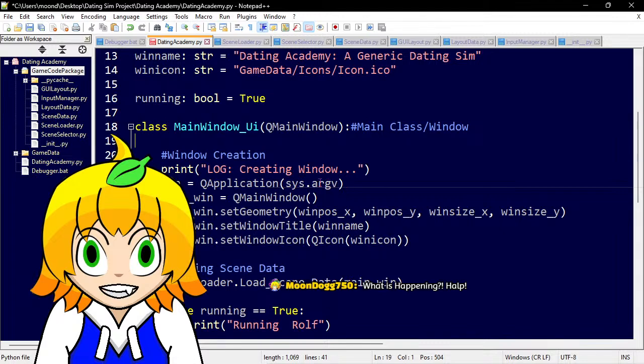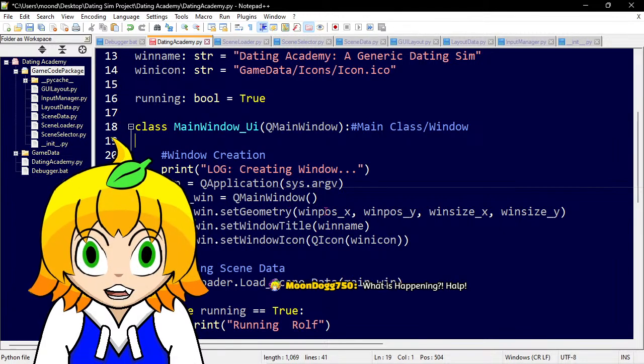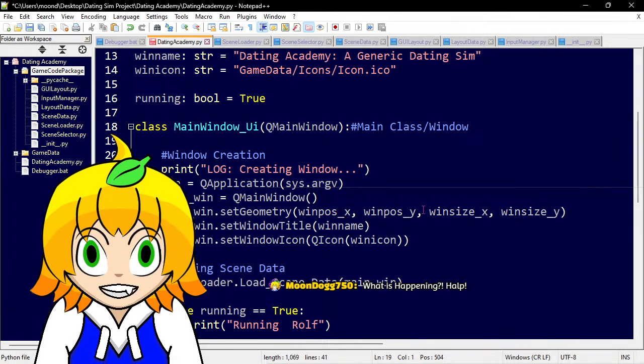We set the position and the window size on both the X and Y axes. Then we set the window title name, which I have set in the variable window title name. Set window icon, Q icon, which is win icon.